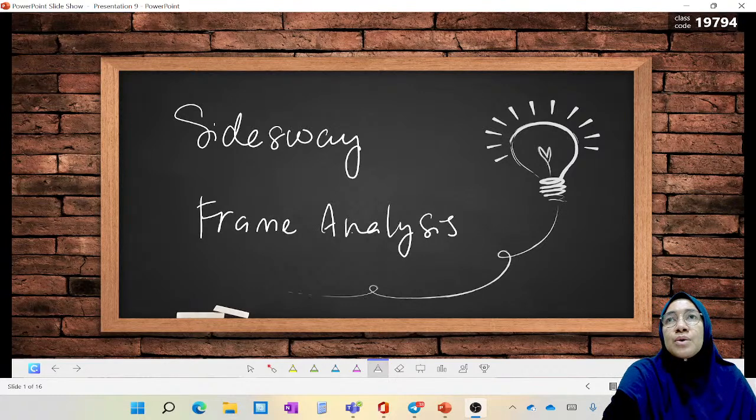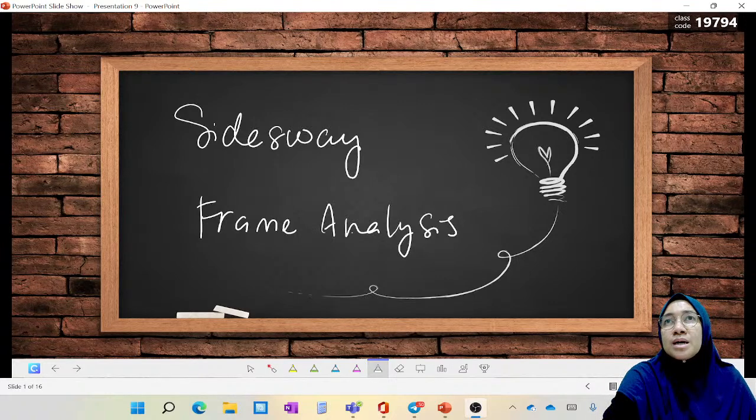So we apply the principle of superposition in the moment distribution method, because in Sidesway frame analysis we have a combination of external loading and delta. We need to understand first that FEM is basically analyzed for external loading. We can calculate the FEM value due to external loading, and FEM is the moment behavior